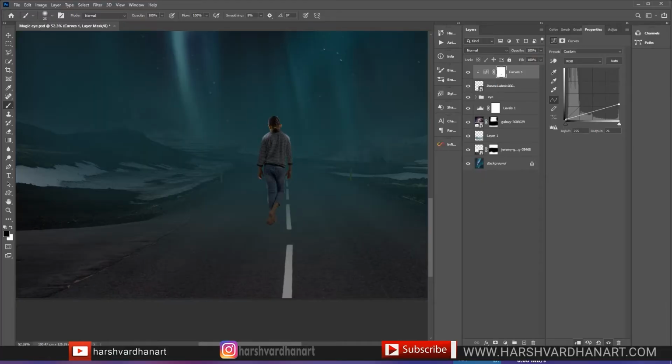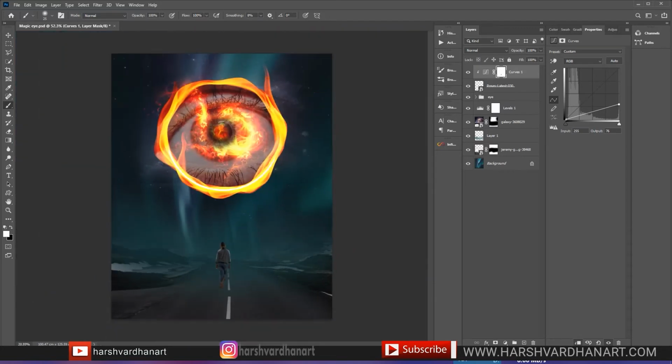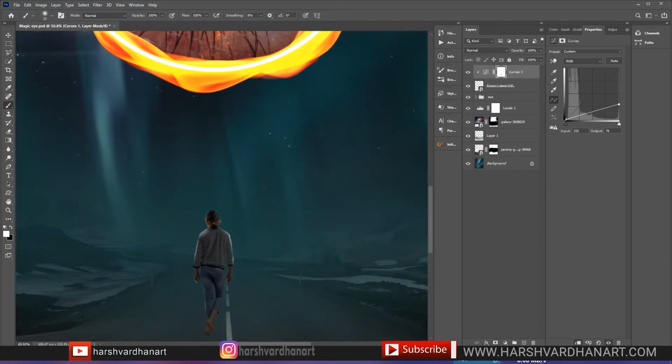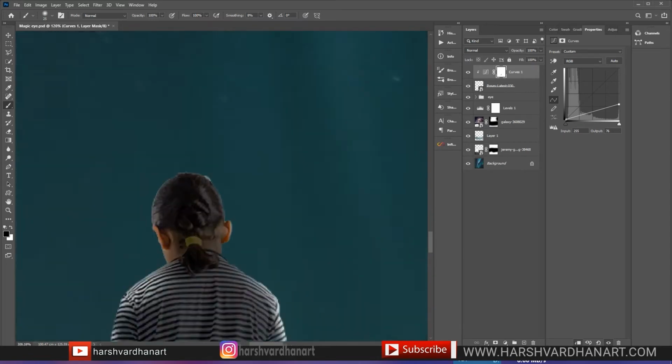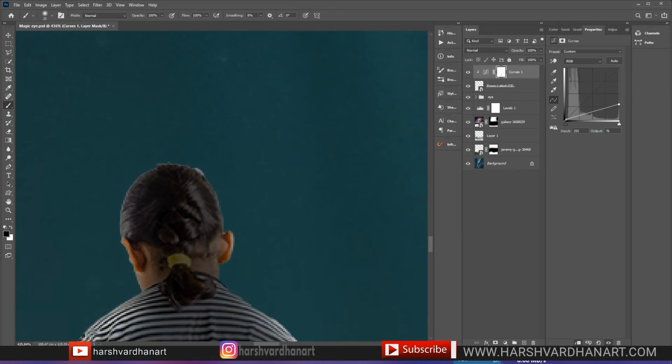That way it shows some rim lights on the model, and this is an amazing technique to blend your image with the rest of the scene. When the light is coming from the front or on the left or on the right, you can use this technique to create the amazing rim light, and that creates some sort of realism in the image.